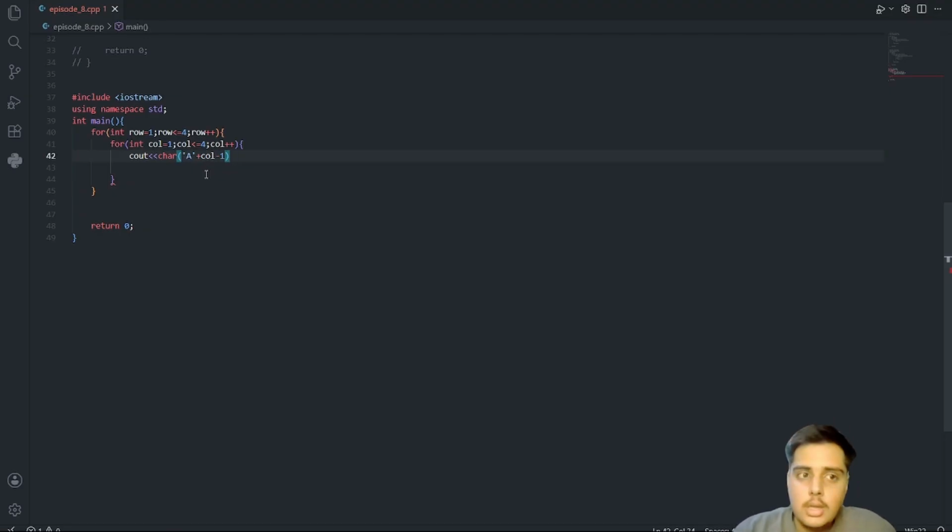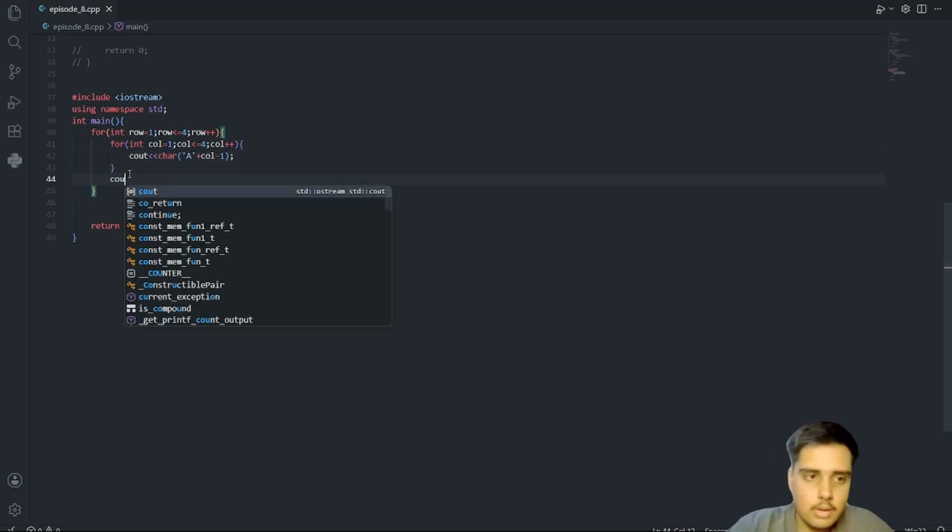You can execute it on a rough page, try it on a page. You will understand why it is taken like this. So, 'A' plus the value of column minus 1. If the column is 1, so 1 minus 1, the first one will be A. If the value of column is 2, so A plus 2 minus 1 is 1. So A plus 1, which becomes B. So that's how it goes on to give out our required solution.